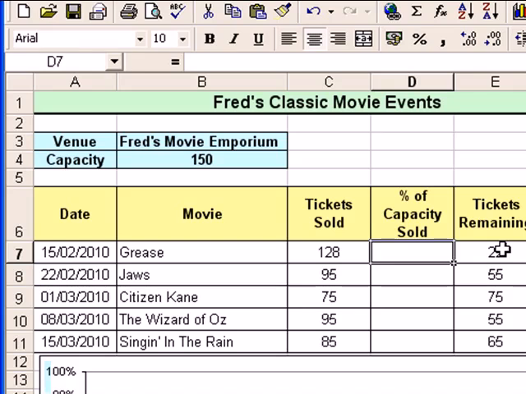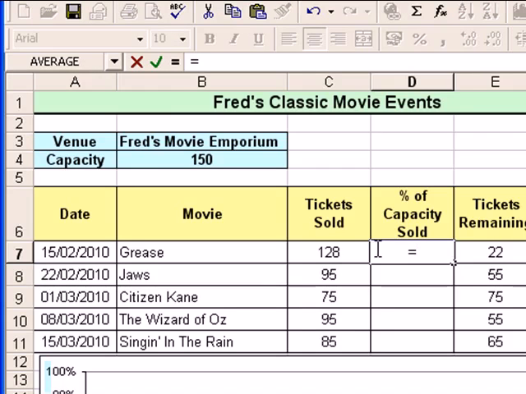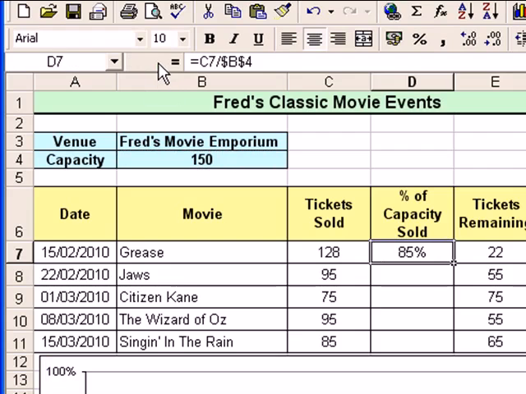And so again, we press the equals key, click on the first value there, the first movie, and how many tickets have been sold for Grease, and we divide that by the auditorium capacity, which we know is 150 up there. So simple formula, equals C7 divided by B4, and again remember, press the F4 key, sets that as an absolute reference. Click the tick to accept that, and then we're going to copy that down,